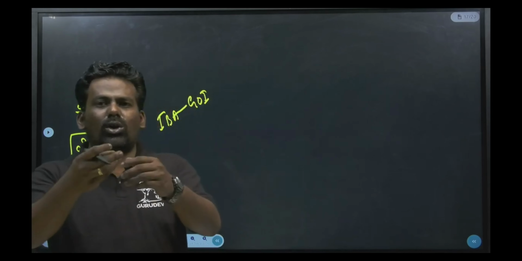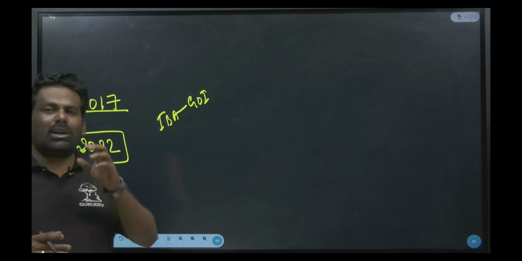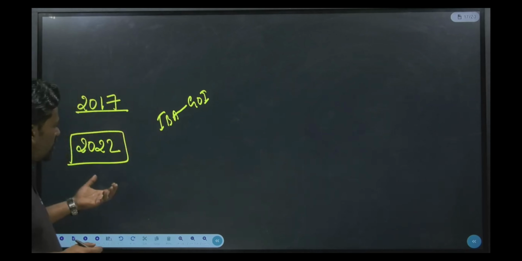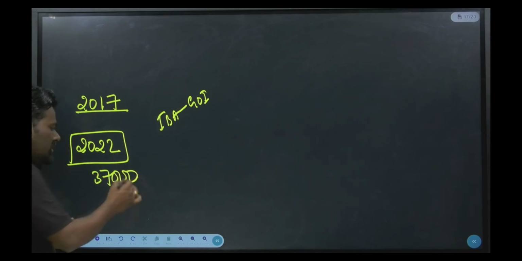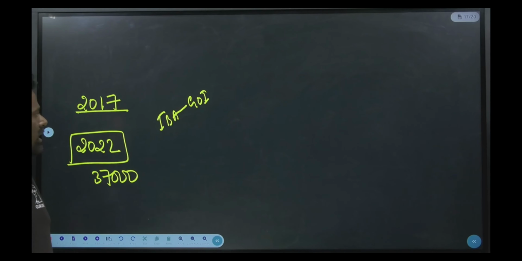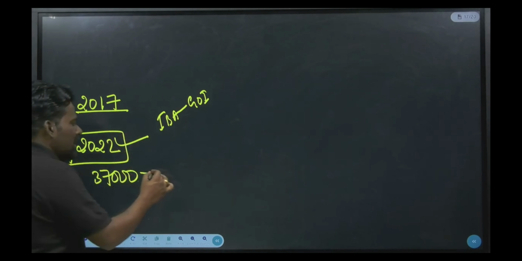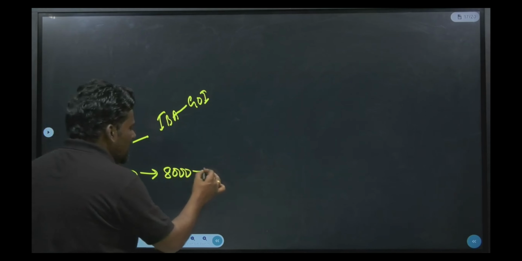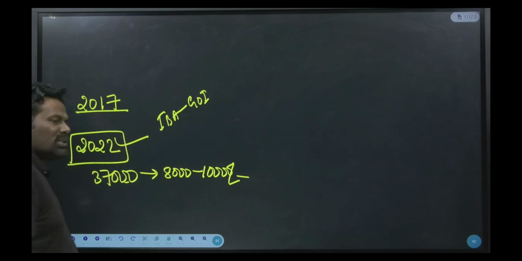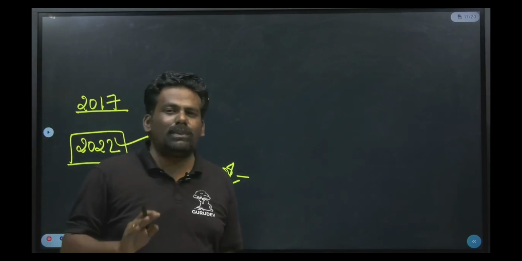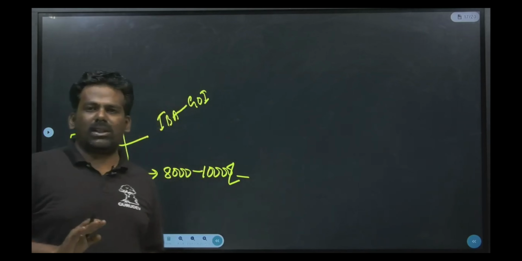Today or tomorrow or in a few months, that negotiation will come to a settlement and there will be a hike from 2022. The present approximate salary in hand will be around 37,000 for junior associate. Once this hike is implemented, approximately a minimum 8,000 to 10,000 hike will be given even for junior associate. So keep this in your mind. Approximately you can expect around 50 to 52,000 for junior associate in banks.